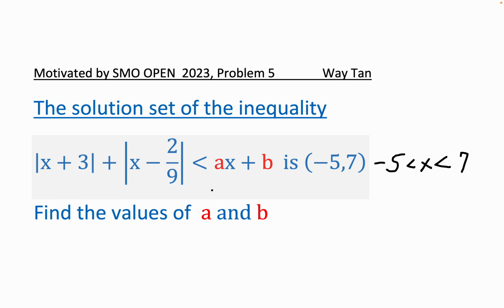And we're supposed to work backwards and actually find the coefficients a and b of the linear right-hand side of the inequality. Now, just to give you an idea of the approach, this looks like it would be a pain to solve directly, but let's use a simple concrete example. We know that, well, I'll write it down at least. Consider the solution interval minus 2